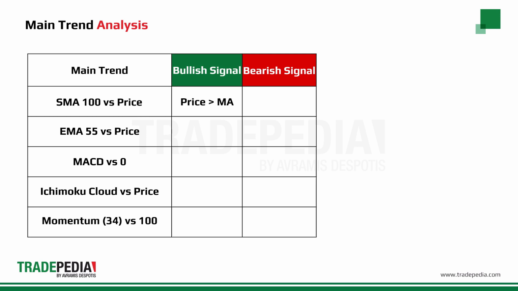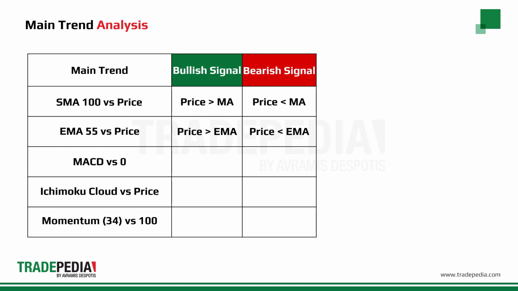We will get a bullish or upward signal if the price is above its 100 periods SMA, and a bearish or downward signal if the price is below its 100 periods SMA. The same goes for the 55 periods exponential moving average. We get a bullish signal if the price is above its EMA, and a bearish signal if the price is